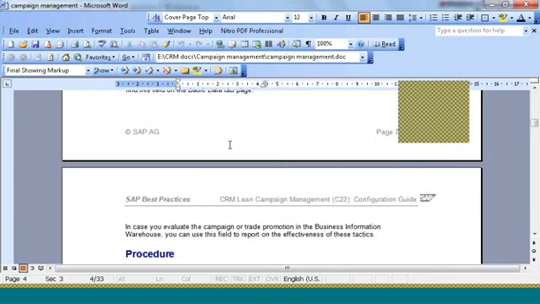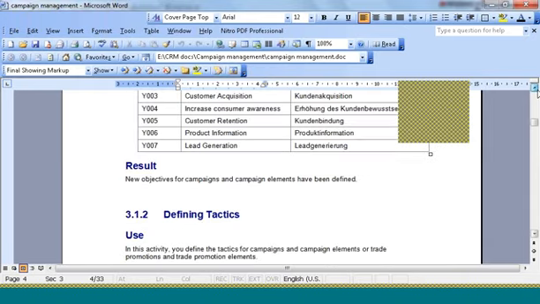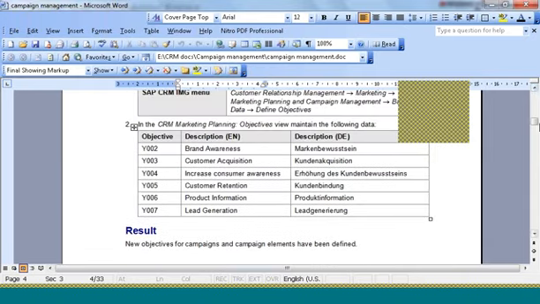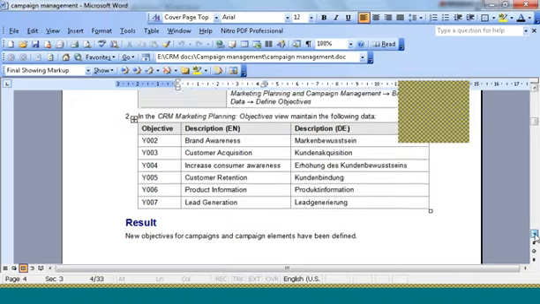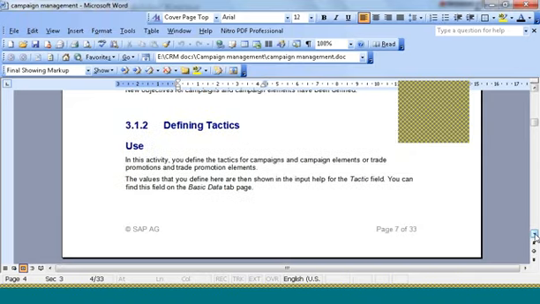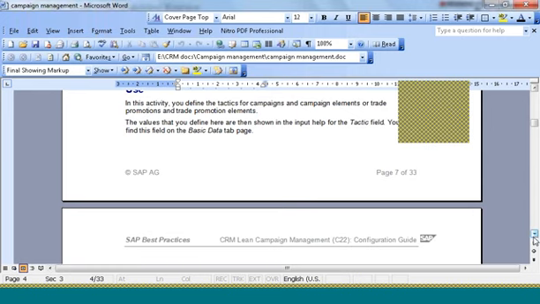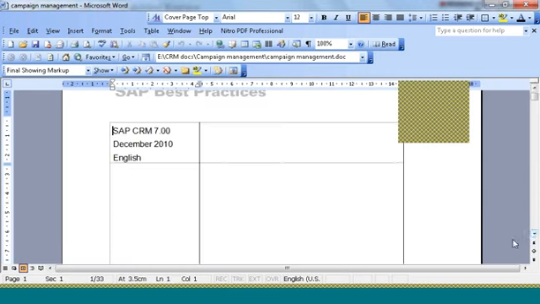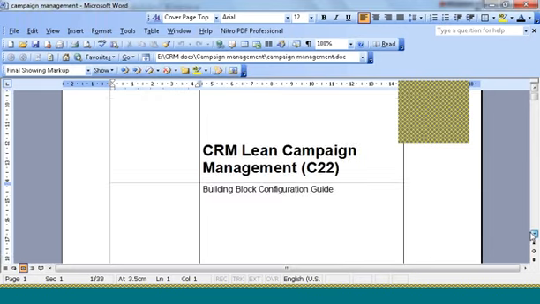In the document you can find many examples given here. When I send the document, you can work on it according to the examples and understand it with all the theory given there. The next step is define tactics. In this activity you define the tactics for the campaign and campaign element. For example, if you see the options available here,